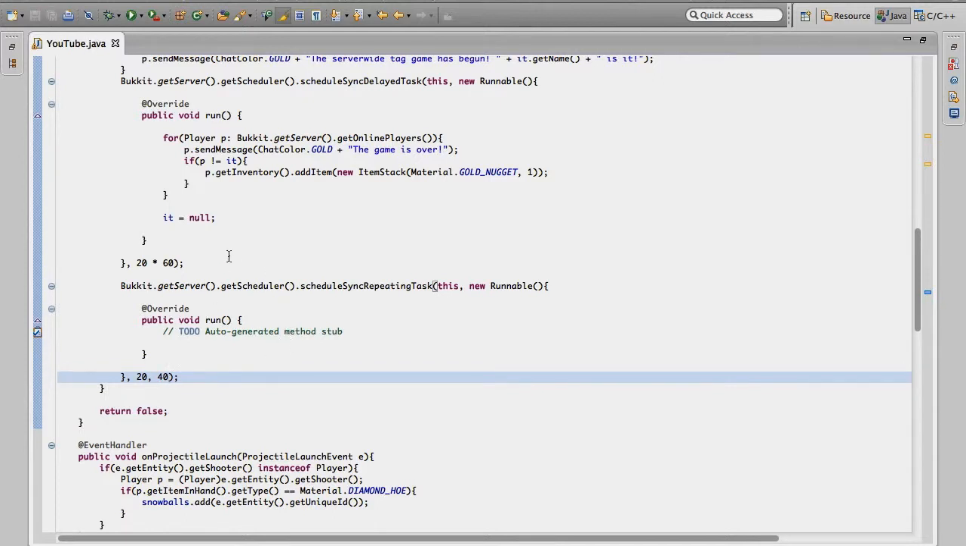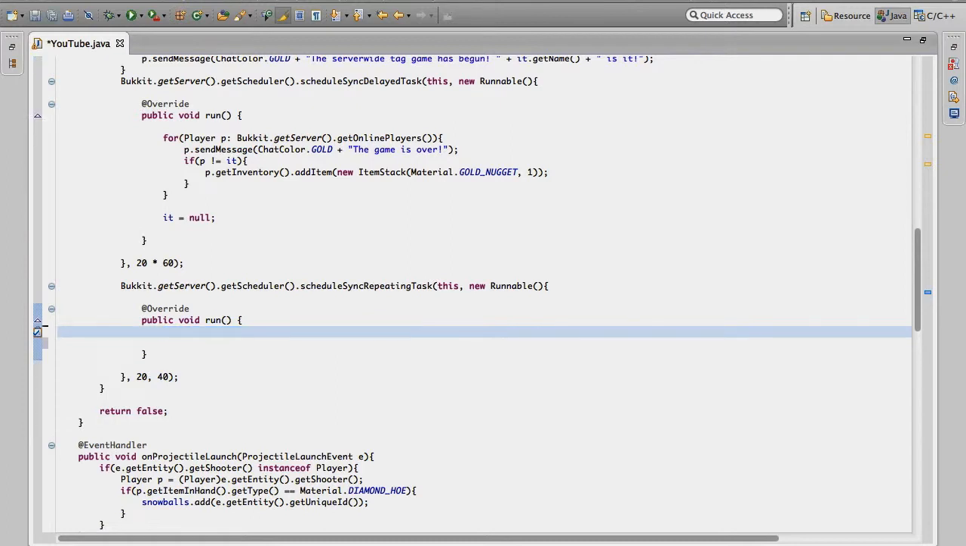Because we've scheduled the task, we're going to create a firework effect, because we're going to spawn a firework right where it is, and we're going to detonate it so that everybody knows where it is, so they can run away from it. And to set an effect for a firework, because we want it to be a certain effect,